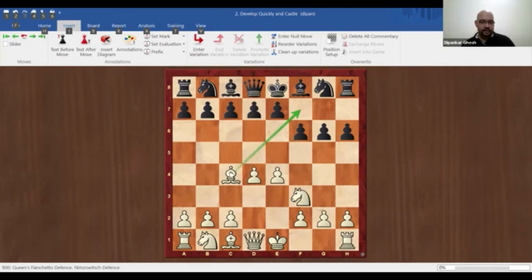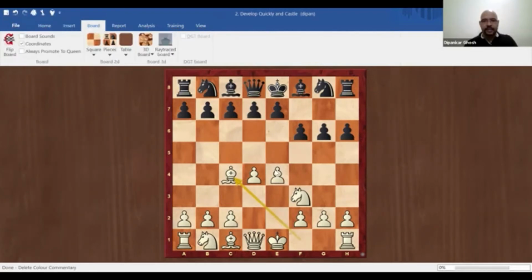Along this diagonal, which it could not do back on f1. But it can also still do what it was doing, which is travel along this diagonal. It can retreat and come back this way. So the bishop increased its scope. It can do more stuff. It can go to more squares by being here. So that's what we mean by active. So you want to develop your pieces to active squares, as active as possible. So bishop c4. Let's say black continues pushing his pawns.